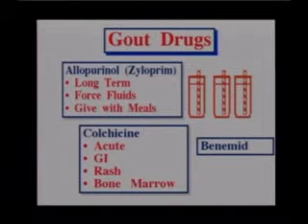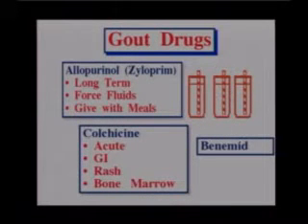Now, another drug used to treat gout is colchicine, and this is more apt to be used to treat an acute attack of gout. So the order might say a tablet every hour until relief or side effects. And when the patient begins to vomit or get diarrhea, then they've reached side effects, they've reached toxicity, and the dosage will be cut back a little bit. Another drug that helps to get the uric acid out of the system is Benemid, and you might see that being used for patients with gout as well.